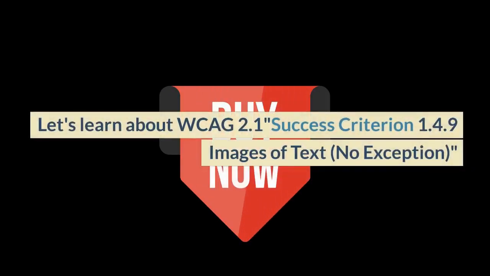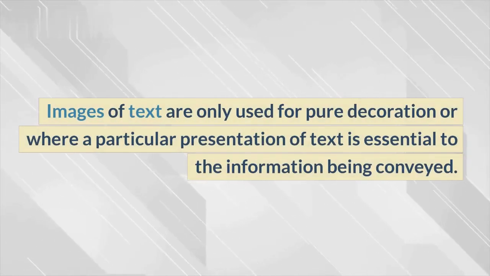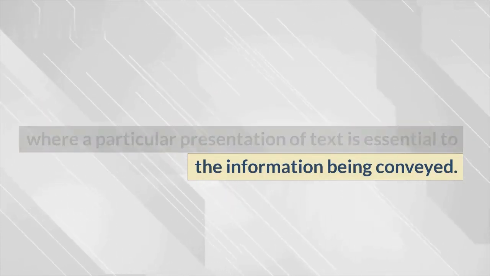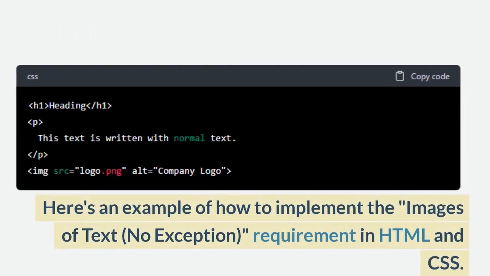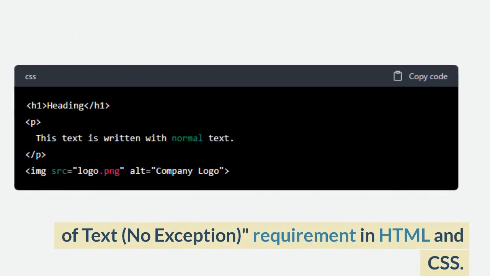Let's learn about WCAG 2.1 Success Criterion 1.4.9, Images of text, no exception. Images of text are only used for pure decoration or where a particular presentation of text is essential to the information being conveyed. Here's an example of how to implement the images of text, no exception, requirement in HTML and